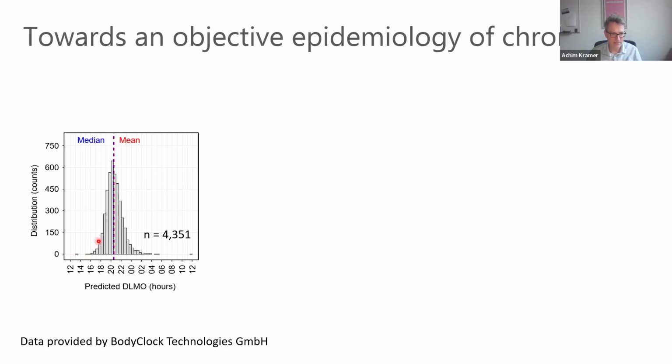And we now see, similar to what is shown in questionnaires such as the Munich Chronotype Questionnaire from Till Roenneberg, a normal distribution of chronotypes, or phases of entrainment, with a mean of